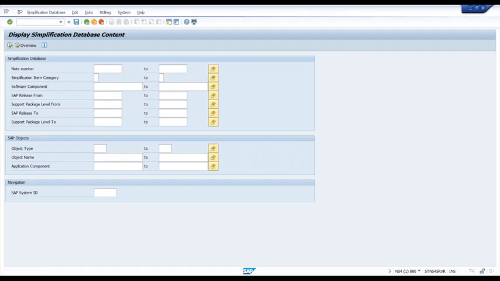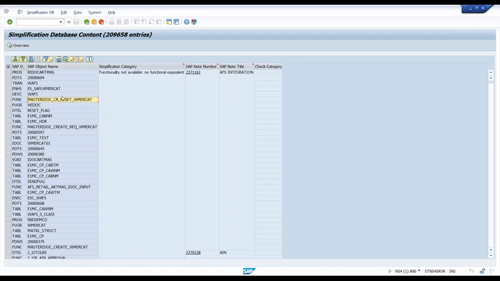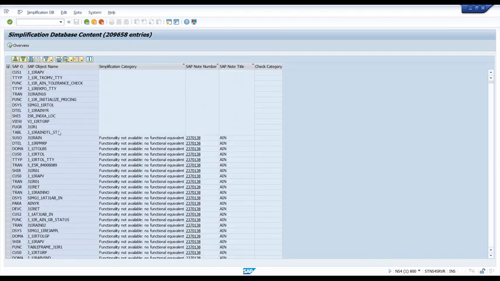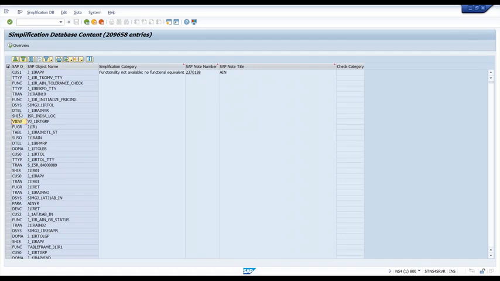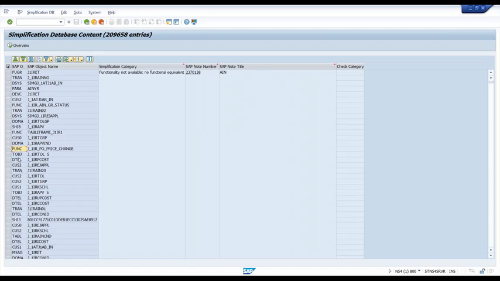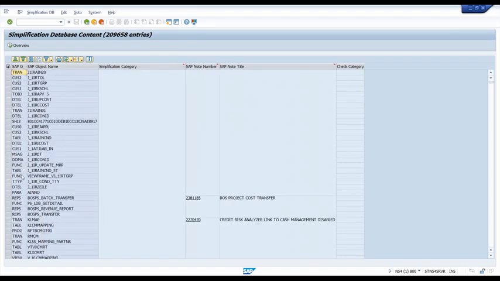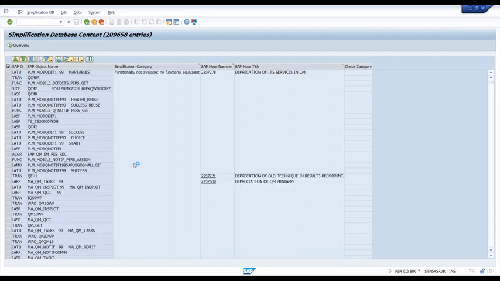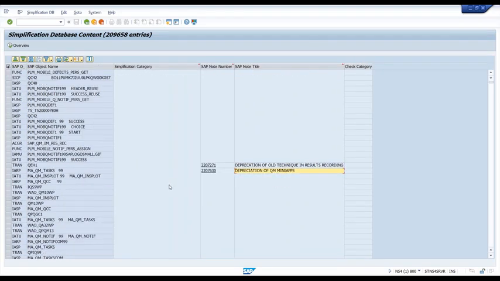You will see all the simplification items which are basically indicating an incompatible or a risky change in order to simplify the business suite listed down here. There are a huge number of items for every simplification item category, guys. They all belong to a category, and you can see lots of changes have been done. These are all the changes in terms of every type of object: function group, view, search help, data element, function module, some customizing, transaction code. Lots of changes have been done. A lot of things have become deprecated, a lot of things have been removed because of simplification.